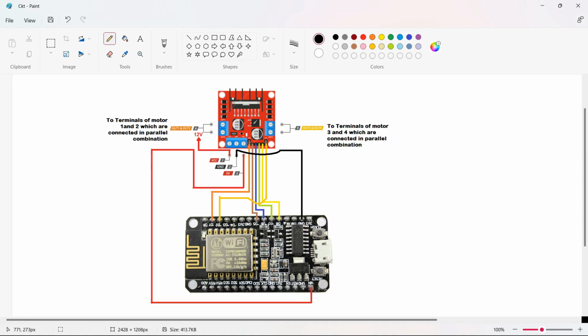So now let's understand the circuit diagram. This is the L298N motor driver module and this is the NodeMCU. D8 pin of the NodeMCU is connected to IN4 of the motor driver module. D7 is connected to IN3, D6 is connected to IN2 and D5 is connected to IN1 of the motor driver module. EN1 is connected to D1 of the NodeMCU and EN2 of the motor driver module is connected to D2